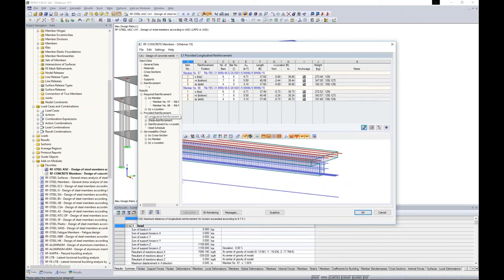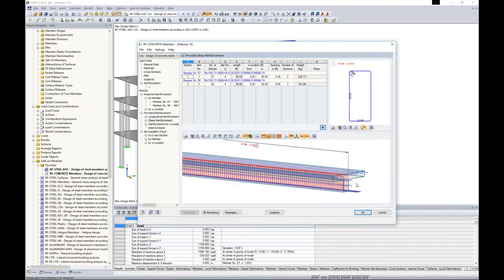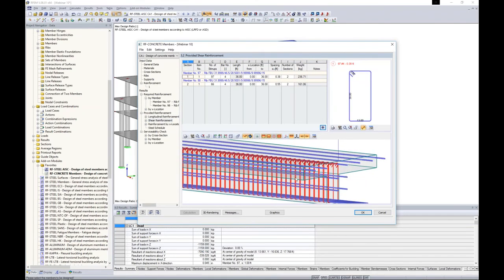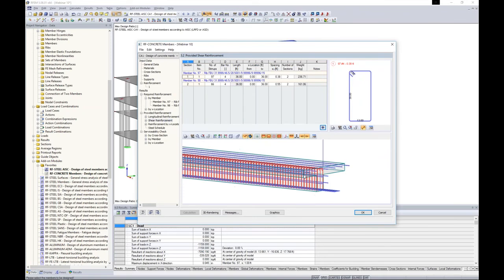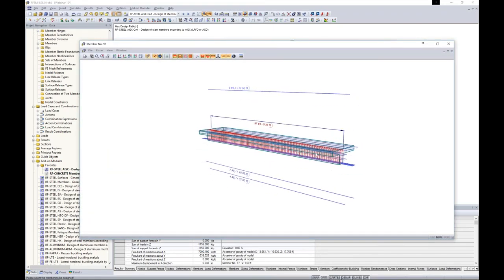So we have both longitudinal reinforcement. We can see our shear reinforcement here. Now we have pretty close, tight spacing here of our shear. That's probably because of some torsion effects, which we could always go back and choose to uncheck for our internal force design. Now, if I choose 3D rendering here, this will just give me a nicer view of my reinforcement